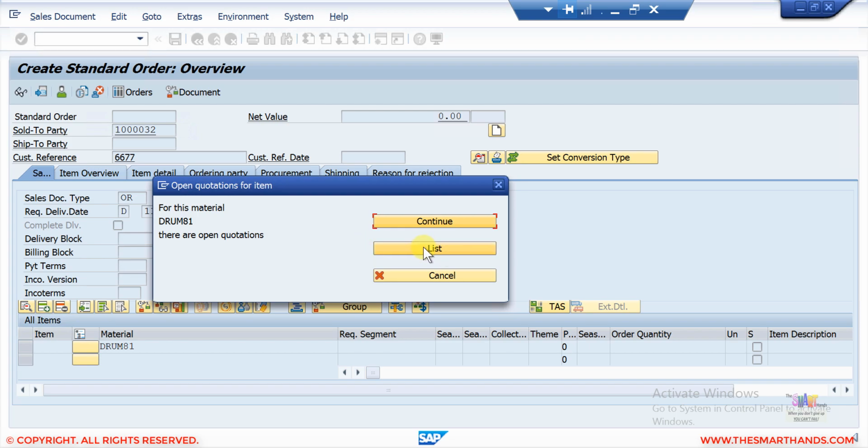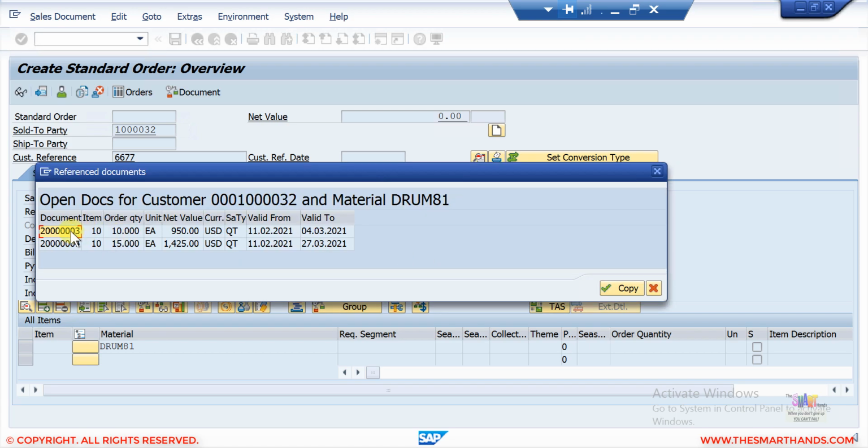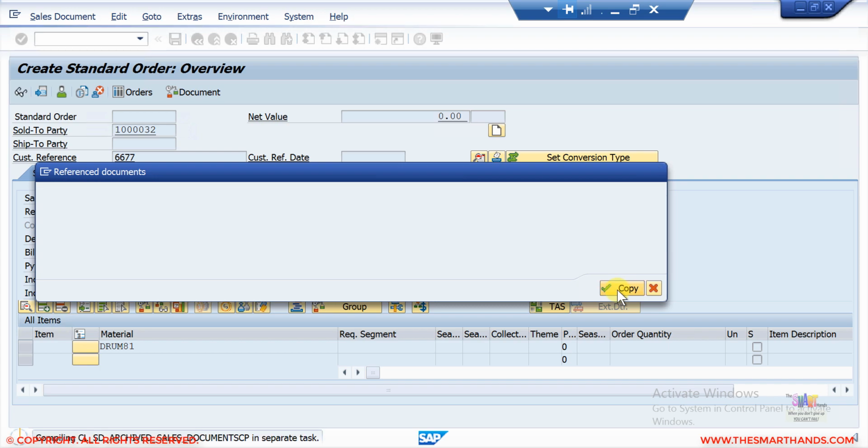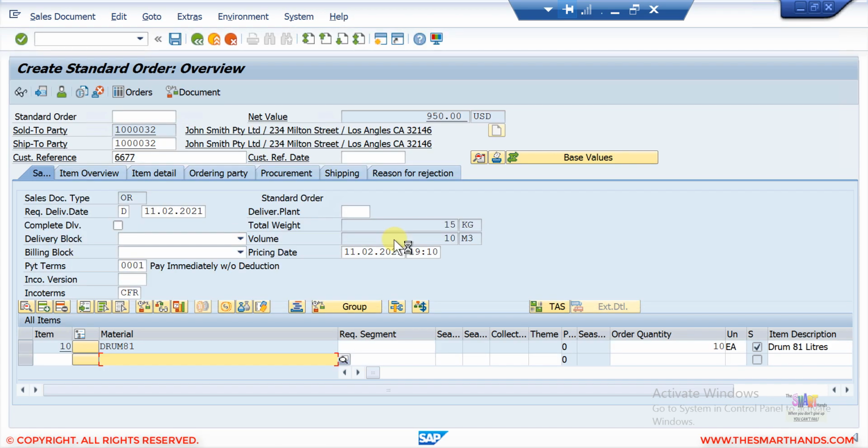If I click on list, it will show me which items. There are two different sales quotations matching the same customer and material code, and we can copy any of them. So I can select this one and click on copy. That's one way to do this, but we can also do it manually.